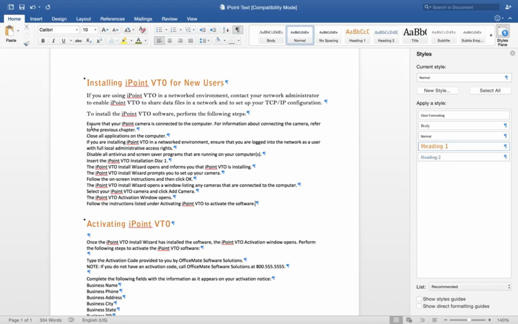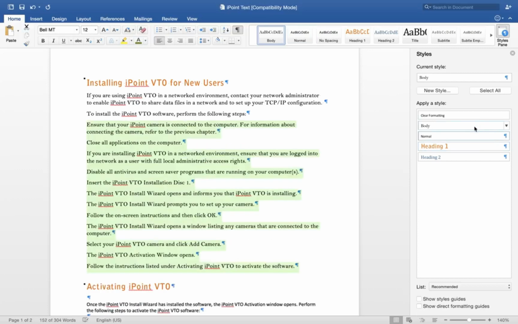And the numbered list actually resembles the body text very closely. And so I'm going to select this text. I'm going to click body. And we see that the text is formatted as body text. But we also need it to be numbered.